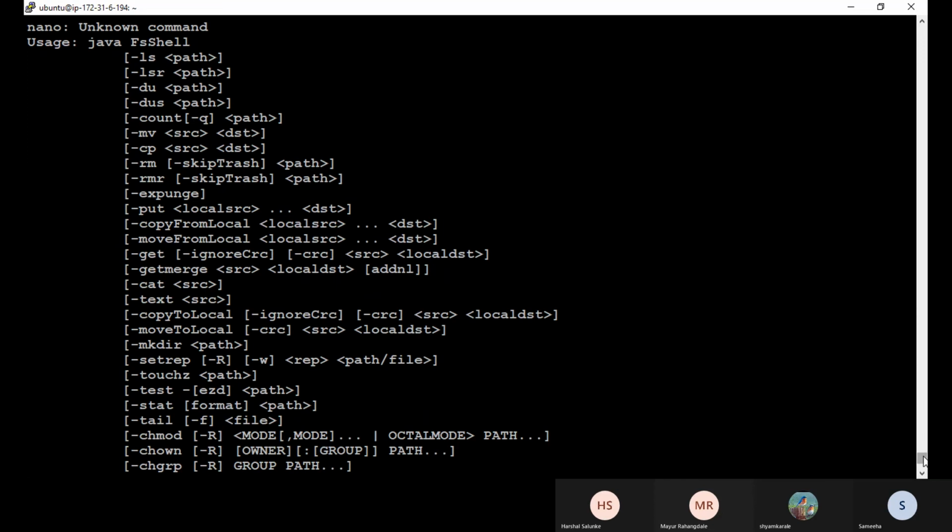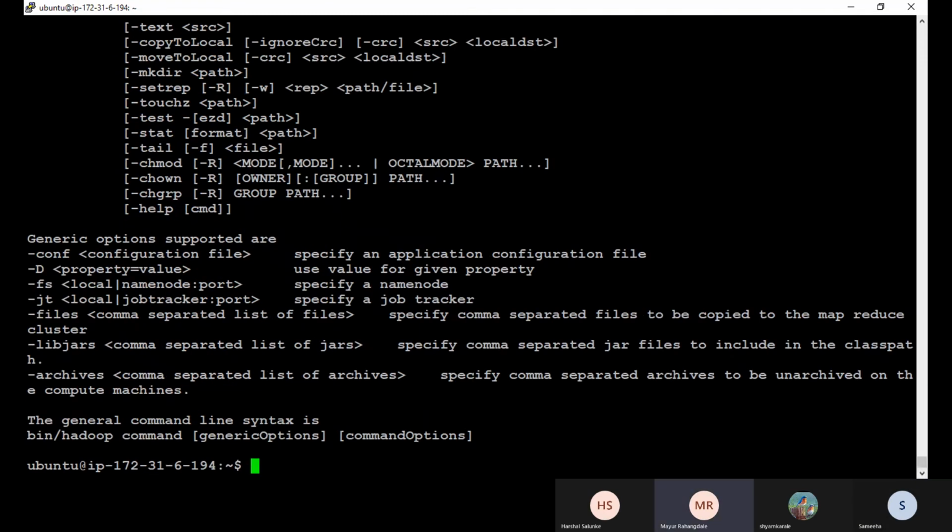Actually, it should have worked for the cat command, but we'll try tail. It said it didn't find that path, but I can try that. We can try that.